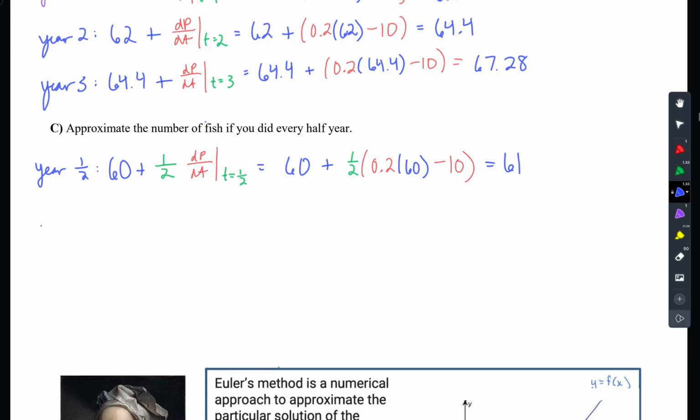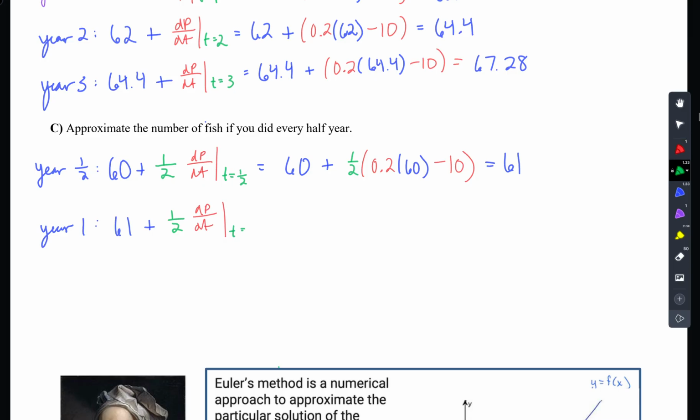Okay, so if I did every half year, maybe I'll just do one more here. Now this would technically be year 1, right? But we've already gotten a new population, quote unquote. Like we're now in June. So this half is still going to be happening because we're using the 61 now, because now we're just being more accurate. So you're going to do 61 plus half is still there because the 61 we already accounted for half a year. And then it's going to be dp dt